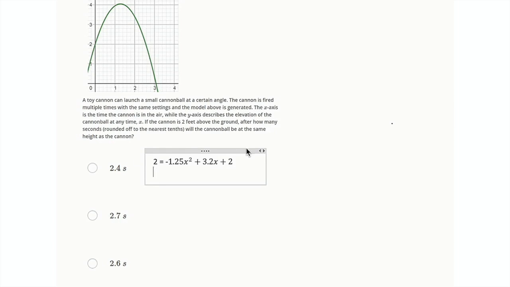Now we can see we have 2 on both sides. So if we subtract 2 from the right and the left, that 2 is basically going to go away. So that's now going to be set equal to 0. And I'd like to make this 1.25x squared positive just because it's a little easier for my brain to work